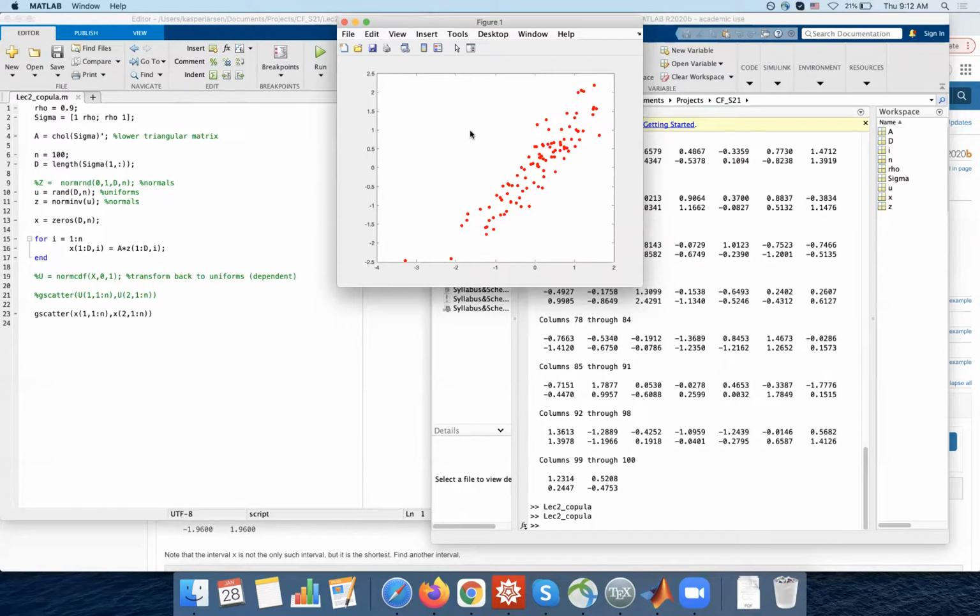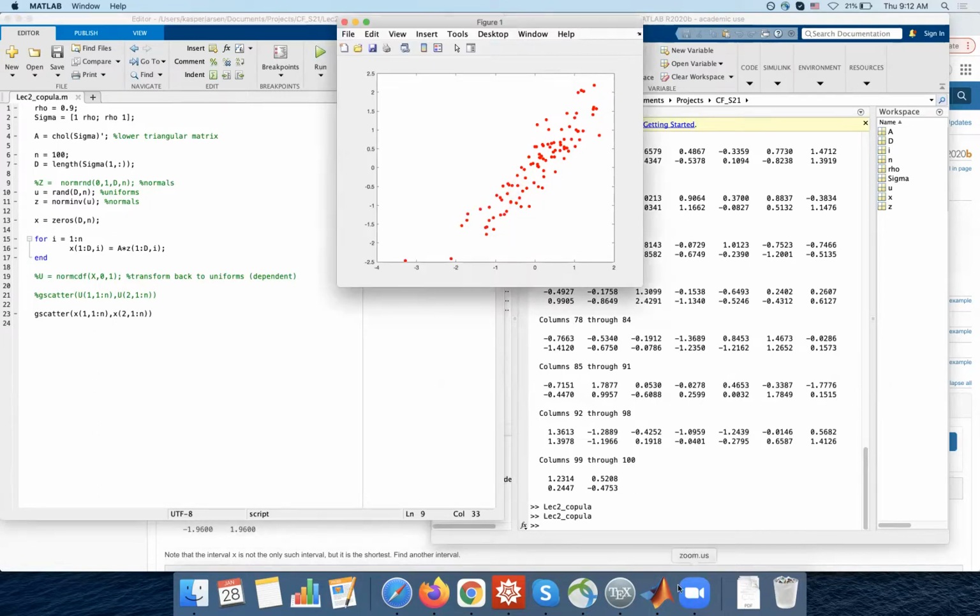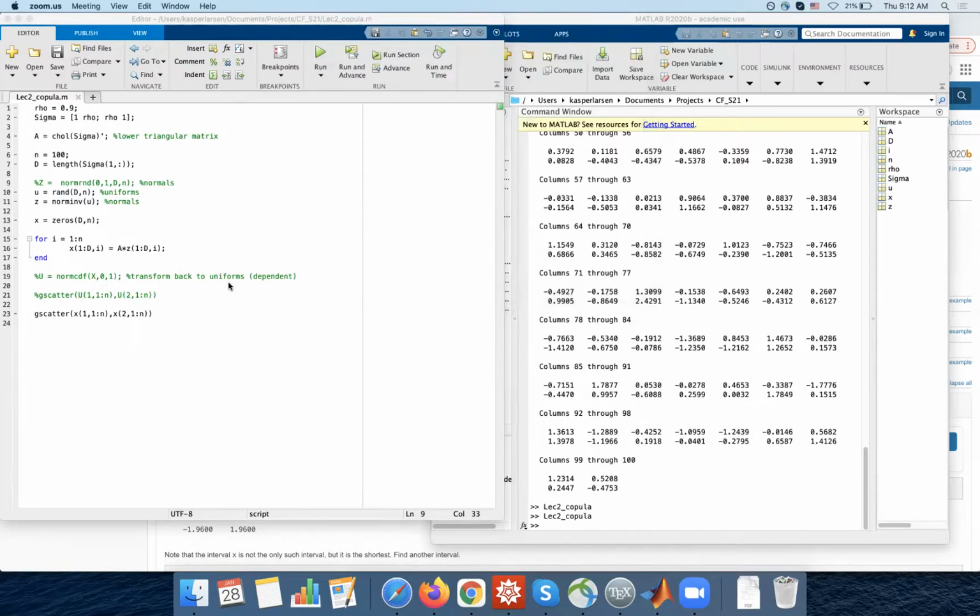One thing that we're going to be doing a little bit later is talk about, some of you might have noticed that this is called a copula. It's called Lec2A copula. And we haven't talked about copulas at all at this point. But let me just preempt a little bit about this copula structure. If I go back and instead of scatter plotting the normals, if I just scatter plot the uniforms,